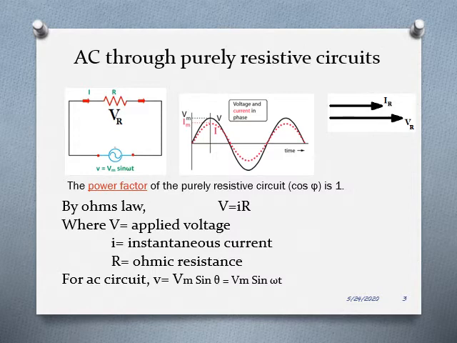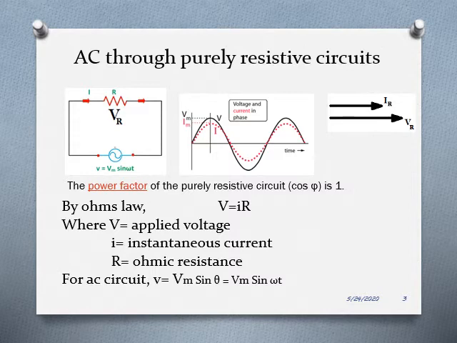Now if you look at the phasor diagram, you may see that since it is in phase in nature, both the current IR and voltage VR lie in the same phase. The magnitude is definitely different. VR is a bit longer than IR. That is indicating that magnitude VR is greater than IR, but both of them are in phase, meaning there is no phase difference.